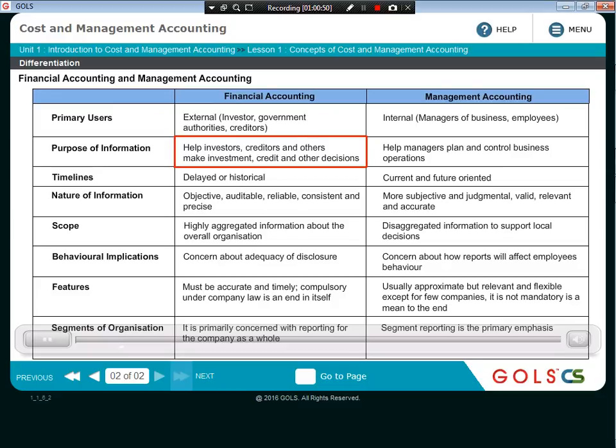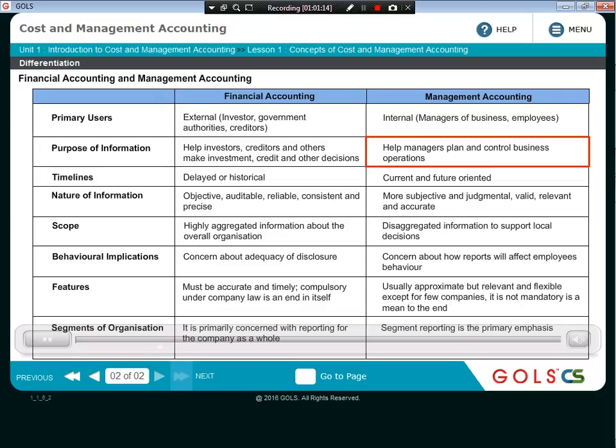credit and other decisions. On the basis of financial accounting information, the creditors will decide whether it is worthwhile to give credit to this organization or not. People will come to know how much profit the organization has made, and whether it is wise to invest money in this organization or not. The purpose of management accounting information is to help managers plan and control the business